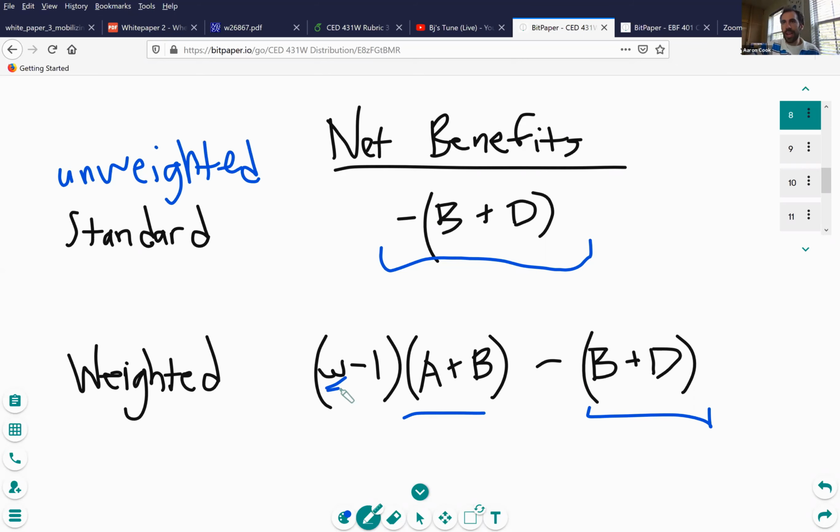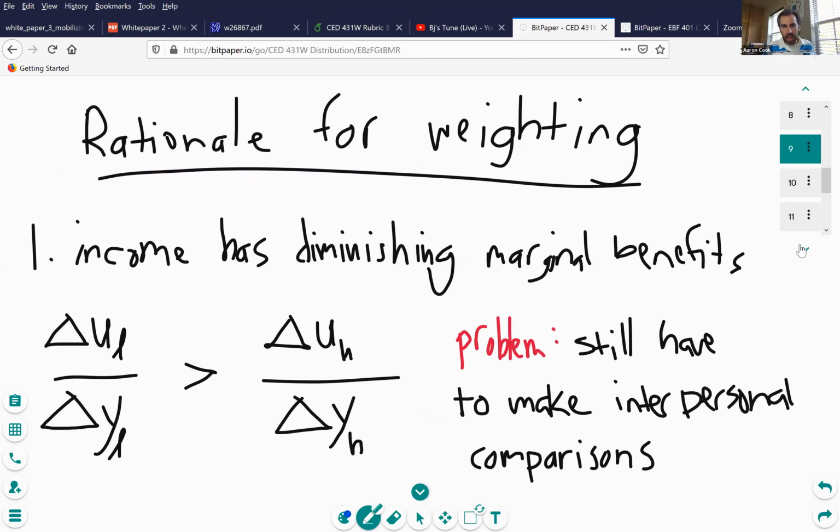It's somewhat arbitrary, and yet there's reasons for why it may be justified. I'll just go over those again. The reasons we might actually weight these benefits and costs to different parties is this idea of diminishing marginal benefits, or diminishing marginal utility. Just the idea that extra income that's accruing to a low-income person increases the utility of a low-income person by more than an extra amount of income to a high-income person.